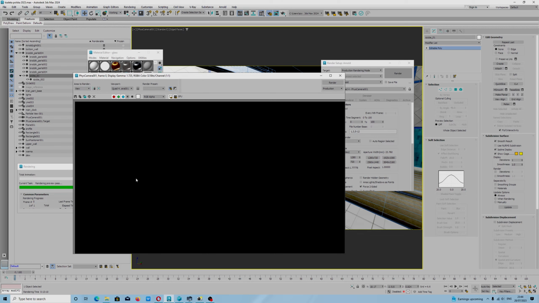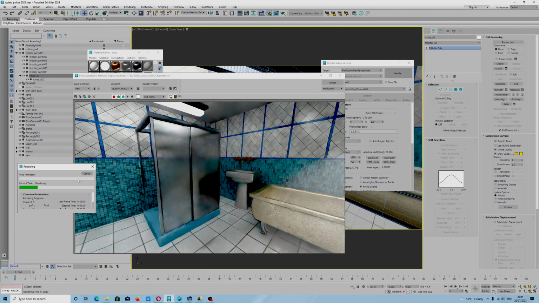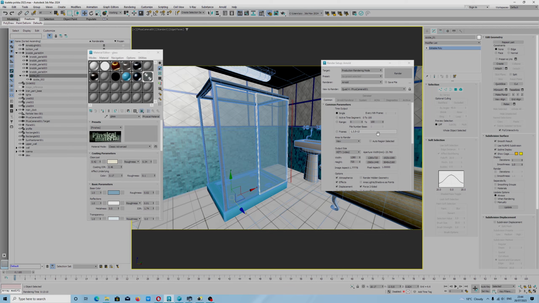So we can see in real time, because those two settings in render are very important. It is still visible glass. Oh, we have a very fast render time in that resolution, but let's skip this bit